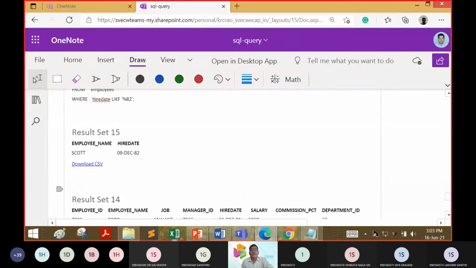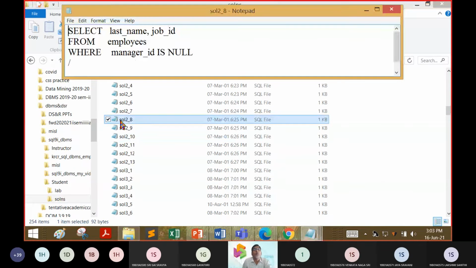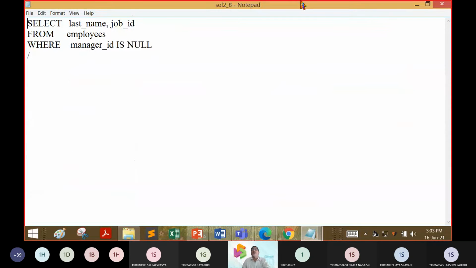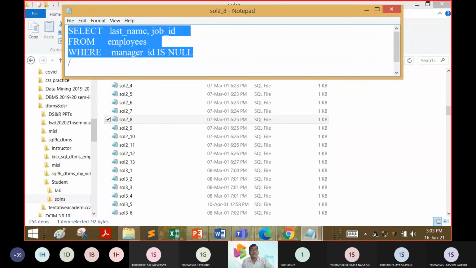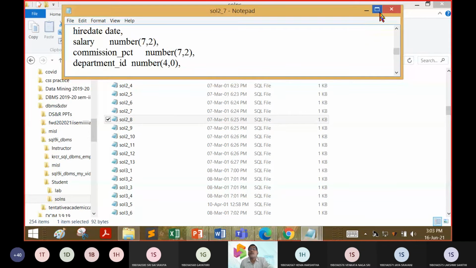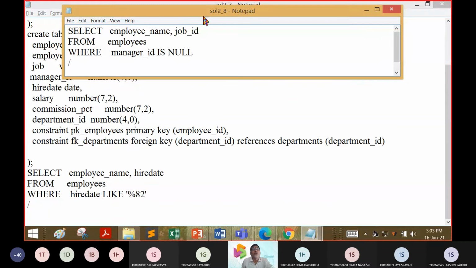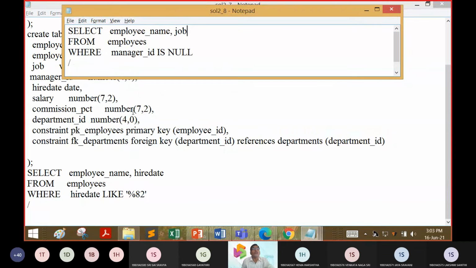Fine. This is a small query and you have partially answered. Stay online. Another small query: select last name, it is nothing but employee name, and job ID, it is only job, from employees where manager_id is null.